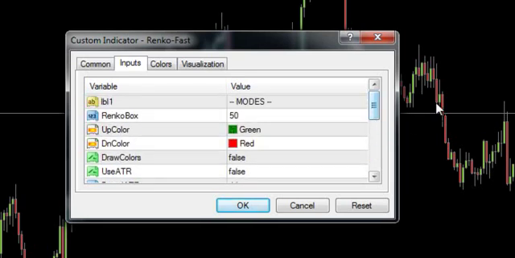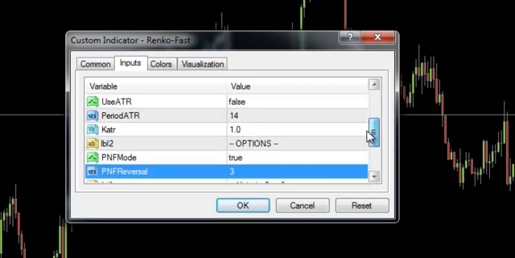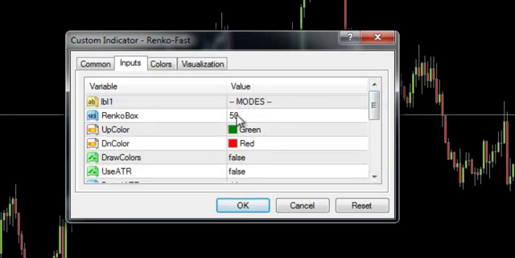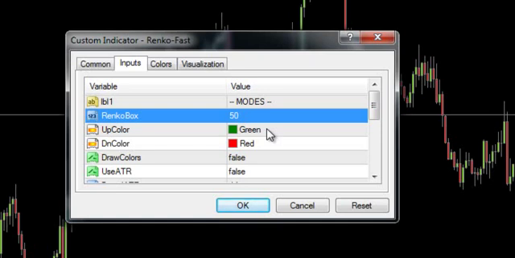That means that as our up boxes are being drawn, in order to switch and start drawing down boxes, we need to move, price-wise, this multiplier size, which is 3 times the Renko box size, in order to switch directions. So essentially, as we're moving upwards and we're in an up situation, then every 50 pips it'll draw a new up box. But in order for a new set of down boxes to be drawn, you have to move 150 pips in the other direction. And what this does is it kind of helps filter out some of the false positives,